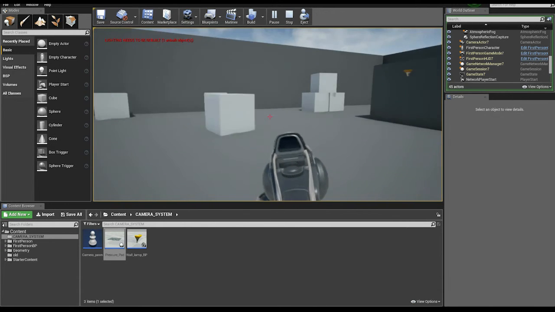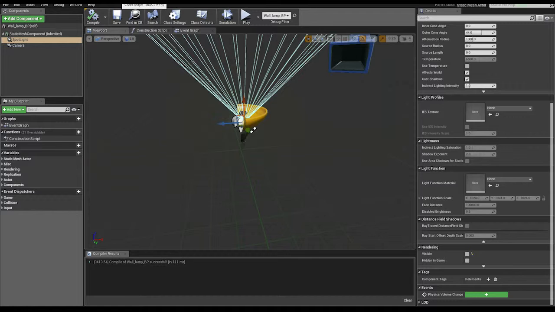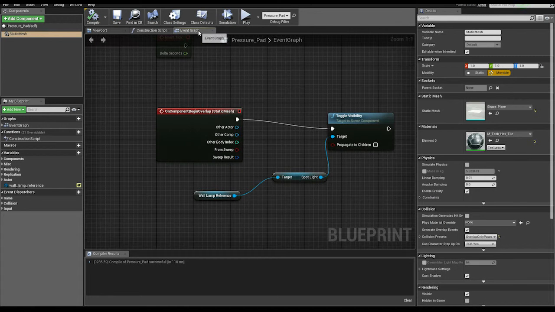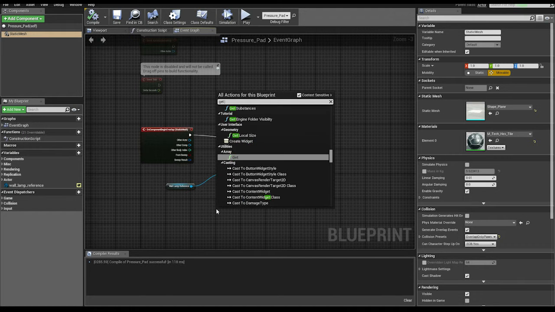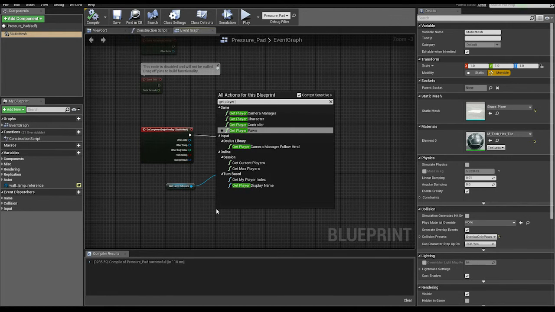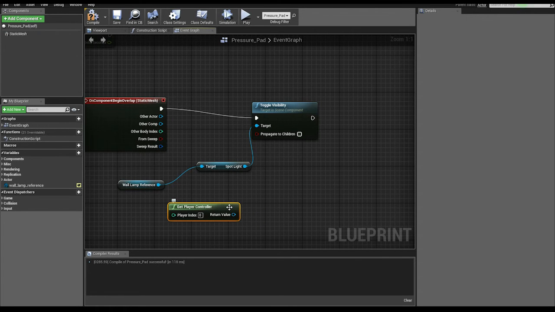Press button. Now we need to implement the camera we have added to the wall lamp. Go back to the pressure pad event graph. Add a get player controller. This is the controller of the actual player of the game. From this, pull out a set